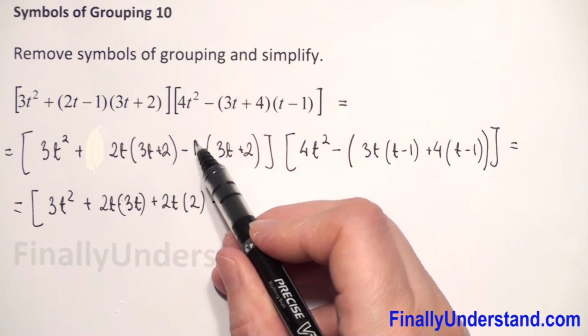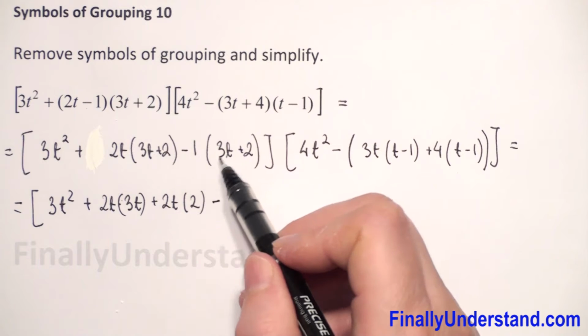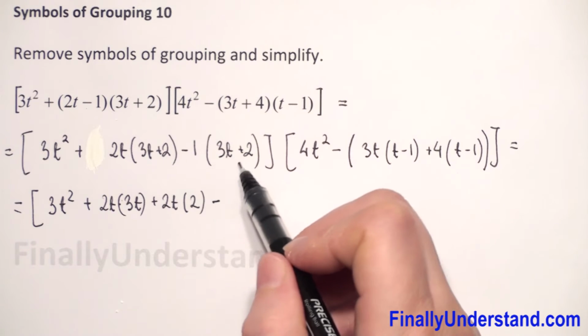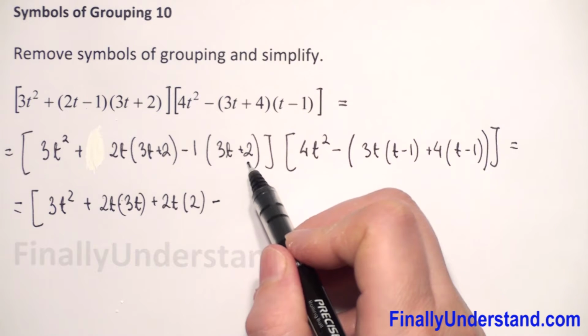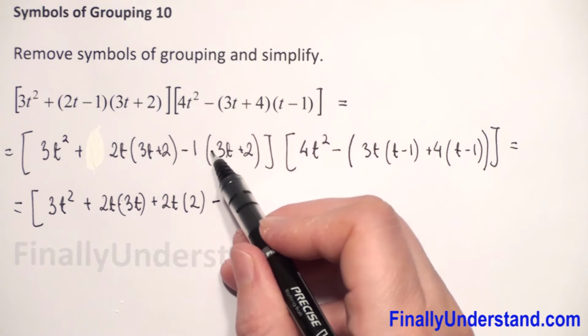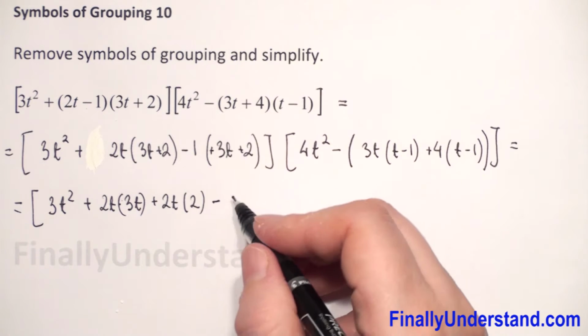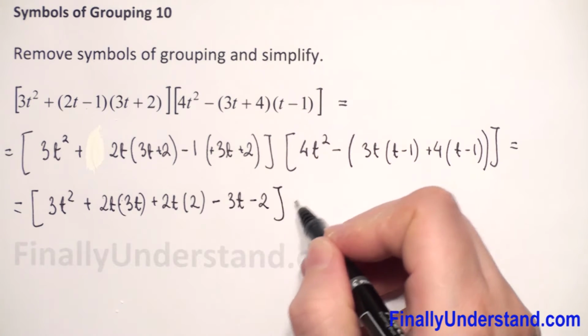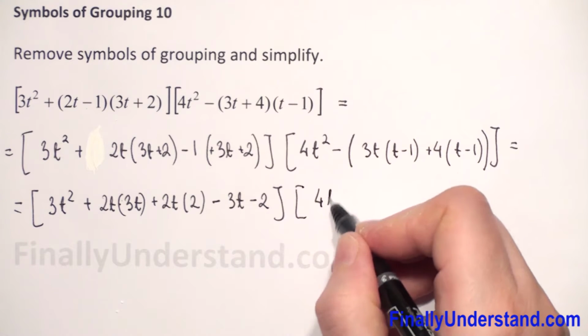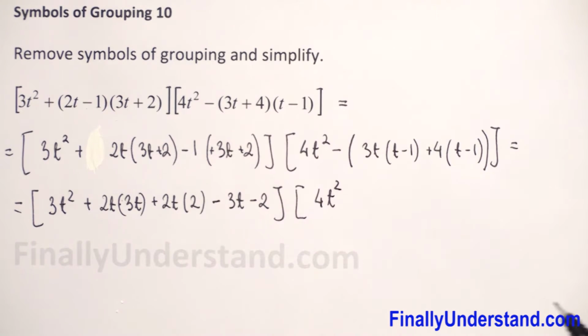And because we have 1 only before parentheses, when we multiply it doesn't change anything. So we have to just rewrite whatever we have in parentheses and change the sign. When we don't have sign, it's always positive. So now it will be negative 3t and negative 2. Close brackets. Open brackets, 4t squared we have to copy, and now we have to do